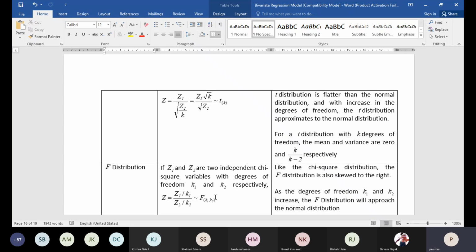There will be 2 situations. Either we will be able to reject the null hypothesis or we will fail to reject the null hypothesis. Remember, rejection of the null hypothesis doesn't necessarily mean that the alternative hypothesis is accepted. We will not use the term accept the alternative hypothesis or accept the null hypothesis. Rather, we'll say either the null hypothesis is rejected or we fail to reject the null hypothesis.